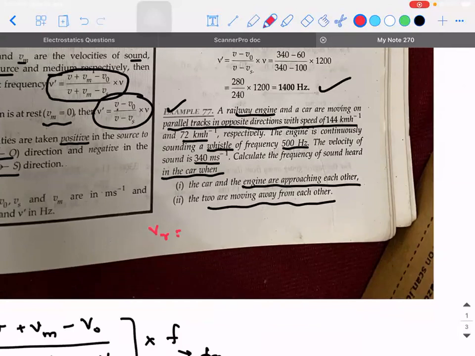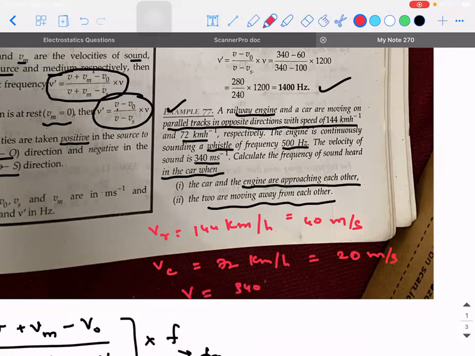So the velocity of the railway engine is 144 km per hour. How many meters per second is this? Multiply by 5 by 18. How much is it giving? 40 meters per second. And the velocity of the car is 72 kilometers per hour. It is 20, right? It is 20 meters per second. Now,